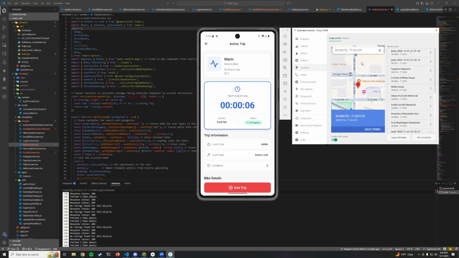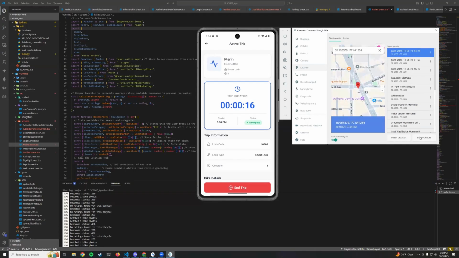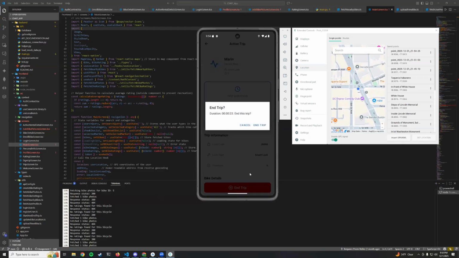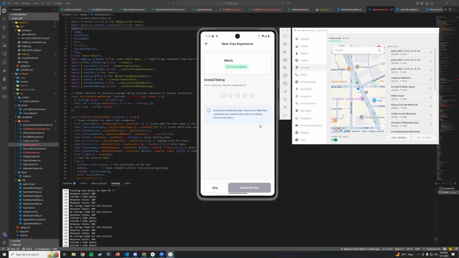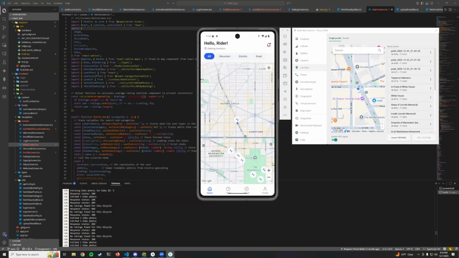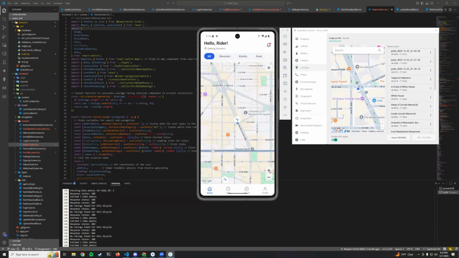Let's just say we took the bike just for a short ride up the street, maybe to this corner here. I'll create that in my emulator. I'll set the point, and that will update on my device. We will end the trip, and we are then presented automatically with a rating screen. Let's say it went really well, it was really quick, nice and easy. We will click submit, get OK, and then we are left with the map,